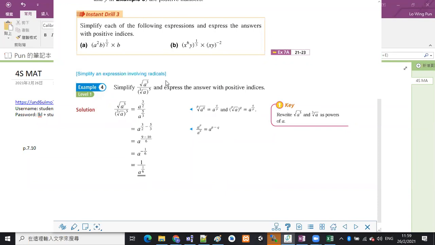Fractional index. And actually, if you see the root symbols in the questions, you just remember that the root symbols are not convenient for us to do calculations. We cannot apply the laws of indexes on those root symbols. We have to change the root symbols to be fractional index before we can do calculations on the indexes. So just like example 4,